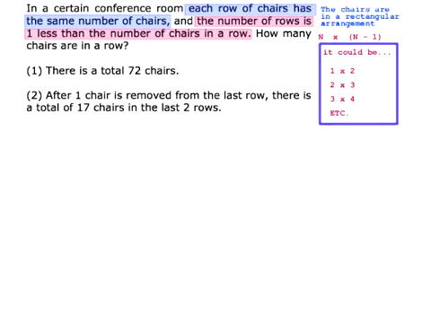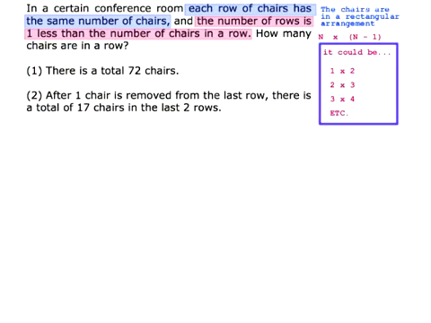So think about what this means. This means if I tell you how many chairs are in a row, that's sufficient. If I tell you how many rows there are, or how many chairs are in a column, that's sufficient. If I tell you basically anything at all, that's going to be sufficient, because all of these have different numbers of chairs in every dimension, right? So basically, if you just think about this,